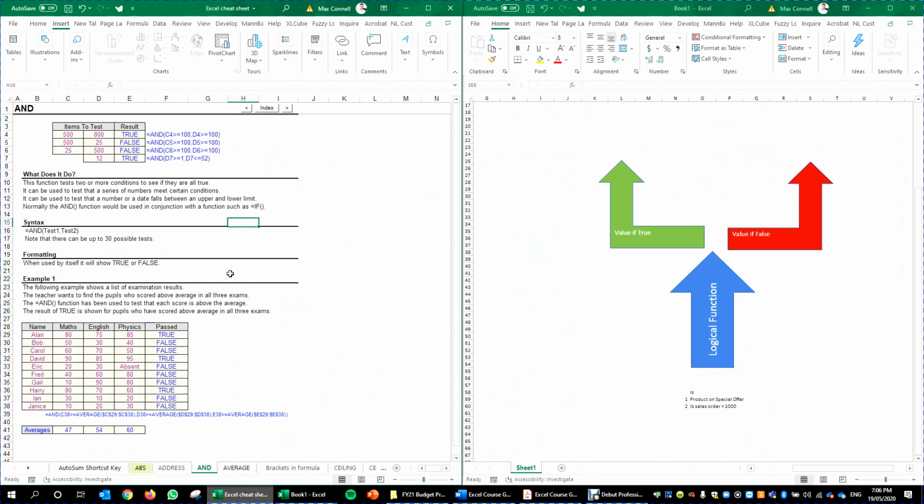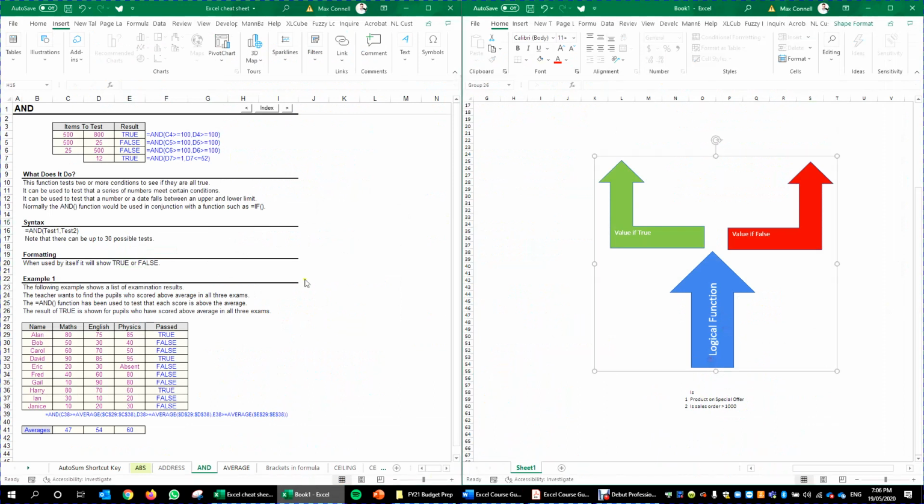So here we have the AND function, and we talked about the previous example where we wanted to know in our logic function that both of two questions or statements were true at the same time. So for example, on sale and greater than $1,000. So how this function works is